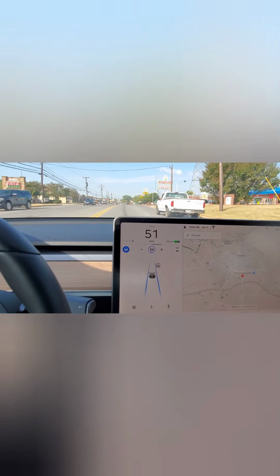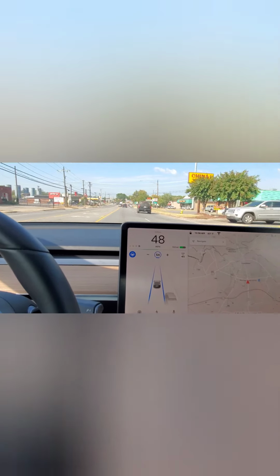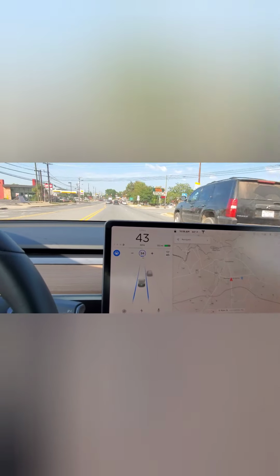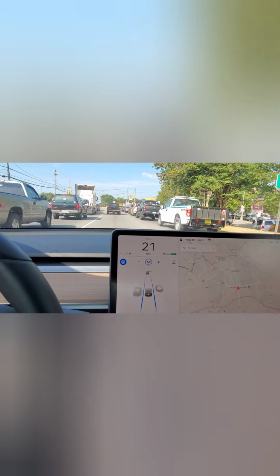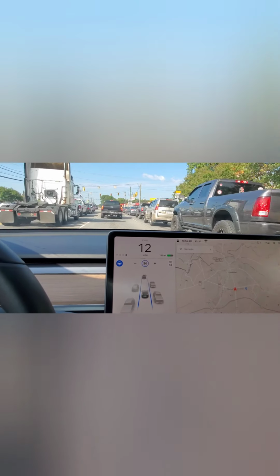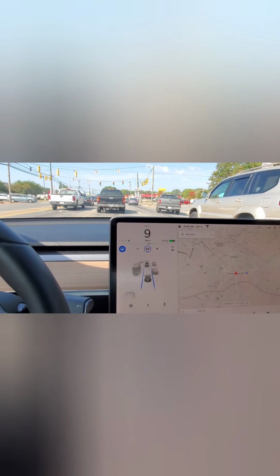Pretty good. Same as normal. Oh, somebody pulling out in front of me. Excellent. That's actually much smoother than I'm used to. Maybe I'm misremembering, but